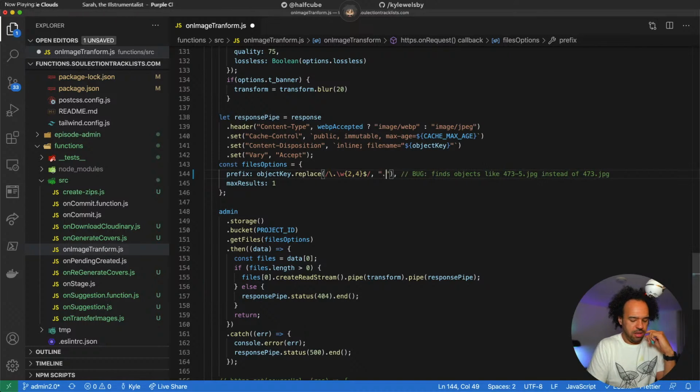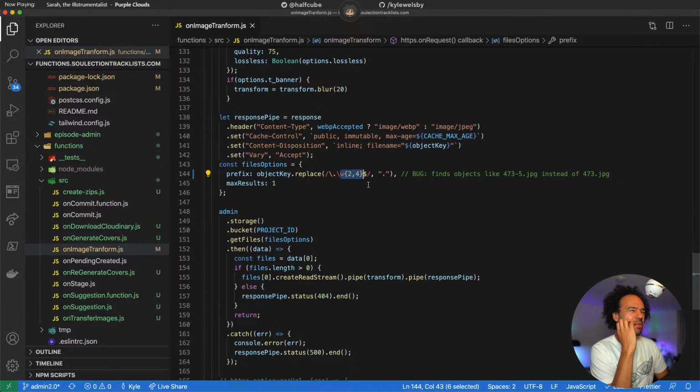I can fix that with a single dot. So it's going to find everything up to that dot. I'm finding that dot and any name, any top level file identifier, file MIME type, yeah.